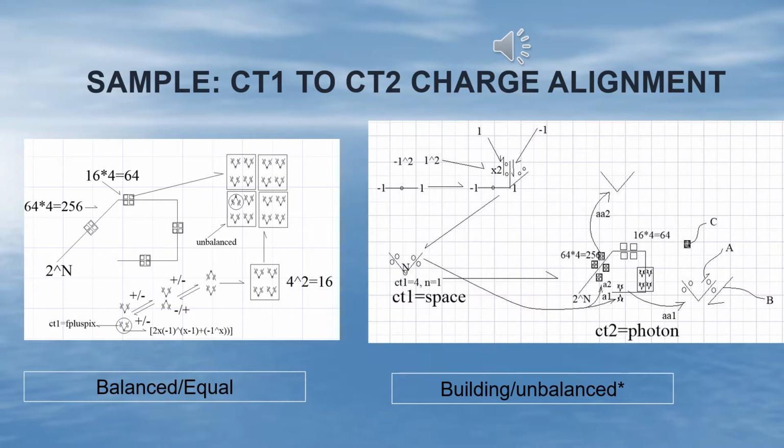According to the building unbalanced model of CT2 information arms, you begin with 2 CT1 states on the first information arm, 4 on the second, 64 on the third, and on the final one you have 256 aligned CT1 states, creating a stable photon. Because of the large number of intervening CT1 states possible, the photon remains stable over a long period of time until the number of unaligned intervening states exceeds the maximum, at which point in time presumably the photon would break down into space.